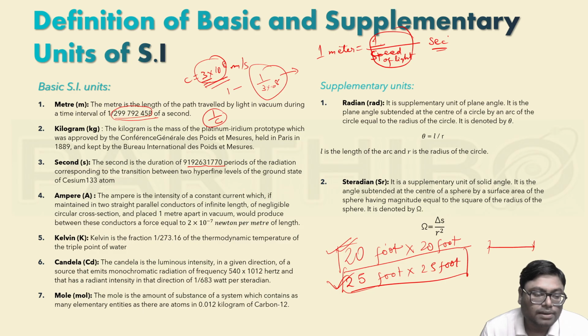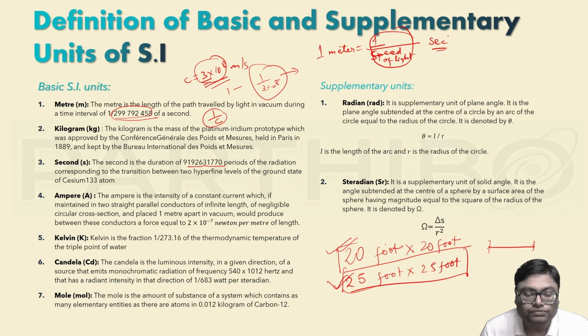Kelvin is the fraction 1 by 273.16 of the thermodynamic temperature of the triple point of water. Okay, candela. The candela is the luminous intensity, in a given direction, of a source that emits